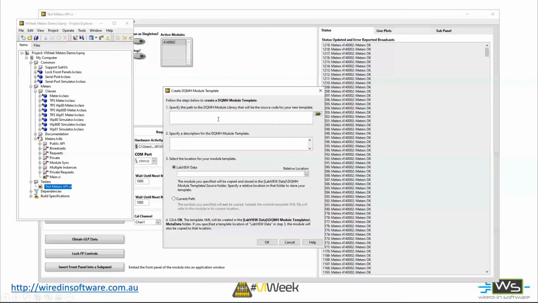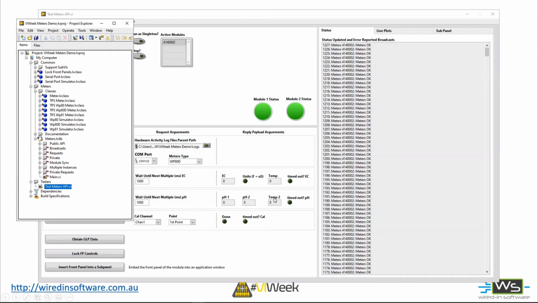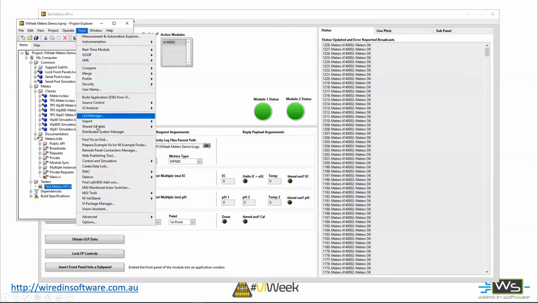It fires up a little dialog. You specify the library you want to create a template from. You put a description of what this template is going to do, specify where it's going to go, hit OK. You now have created a template. The next time you go back to your tools, Delacor, DQMH module, add new DQMH module,